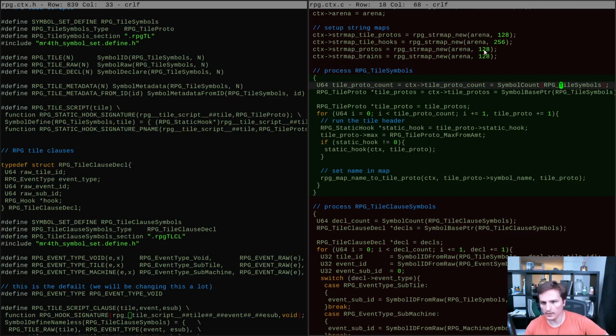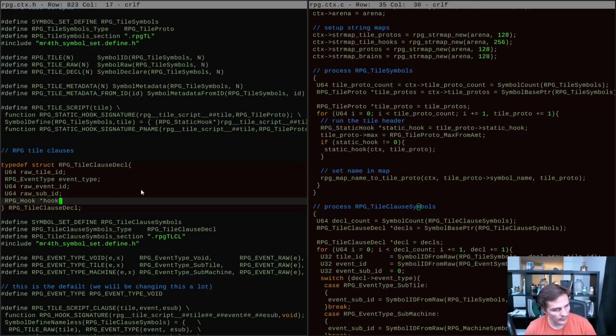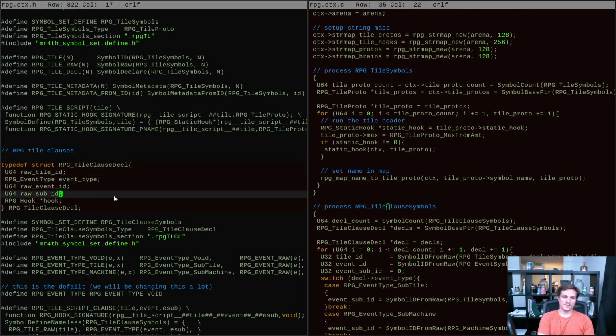Right? Here and here, those are getting processed. But once this is done, there's not a whole lot of need for all of these raw IDs and the event type of the tile clauses to stick around, for instance. This could all be boiled down into a set of smaller 32-bit IDs if we could save the pre-processed version,